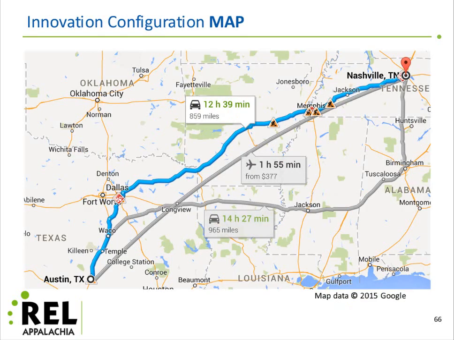In its simplest form, though, when we think about an innovation configuration map, it's really just a map. It's a word map, though, instead of a picture map like this Google image that you see here. It can tell you how to get from your destination, where you start, to ideal implementation, showing various options along the way. So when I think about, for example, traveling from Austin to Nashville, where we'll be with some of y'all next week,